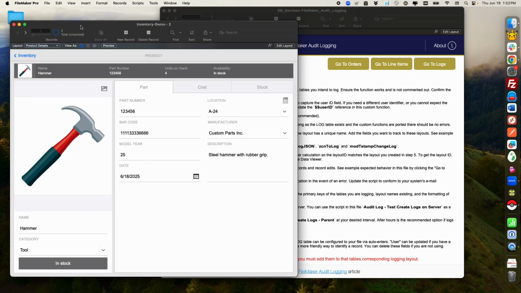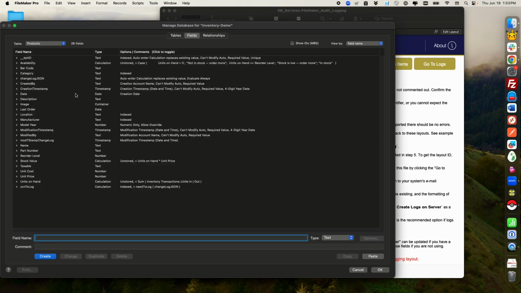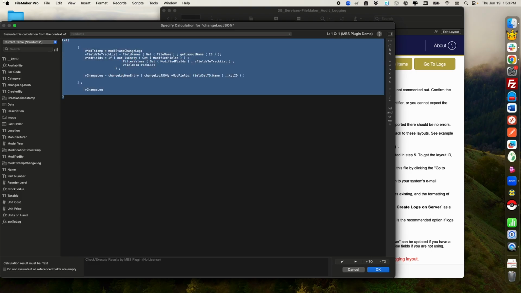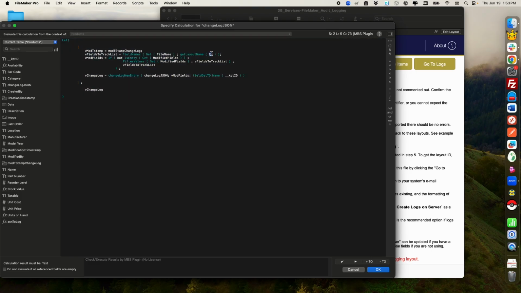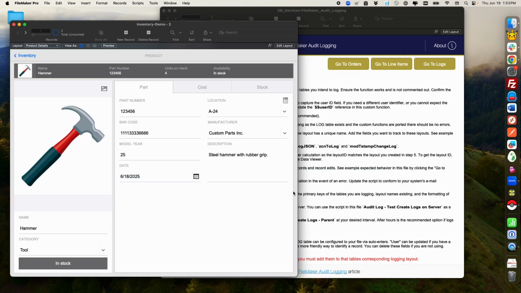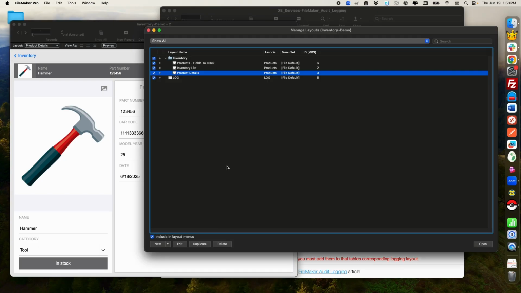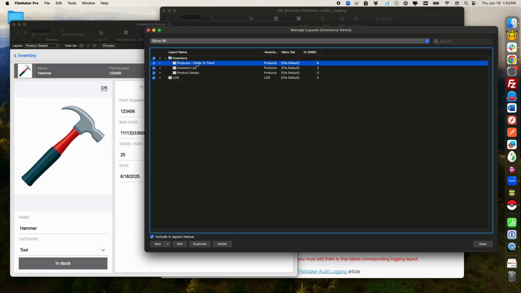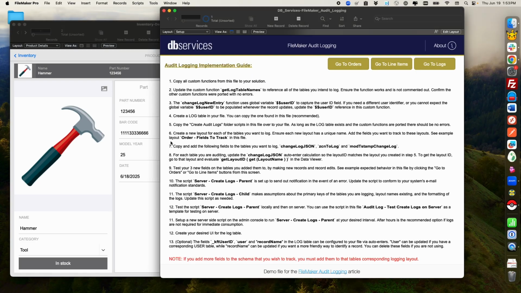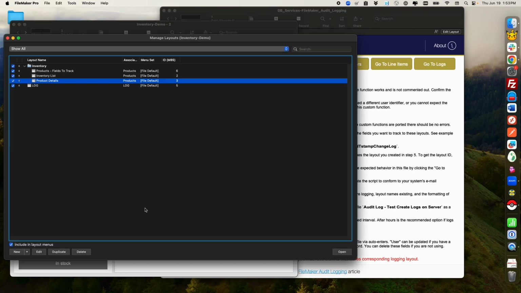Now, for each table that we audit, you have to go into the changelog.json and edit in here this get layout name parameter. It has to be the layout ID that you want to do, and there's a couple ways to do that. So if you have Monkey Bread installed, you can see it from here. So you can see mine is 6,